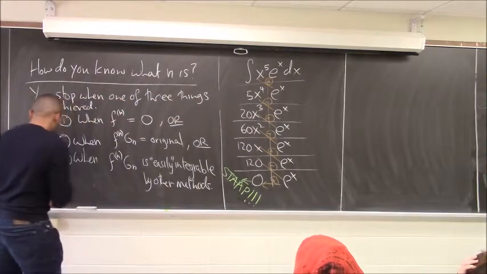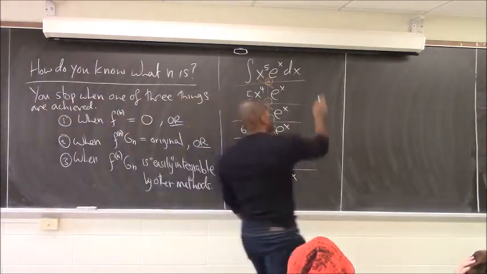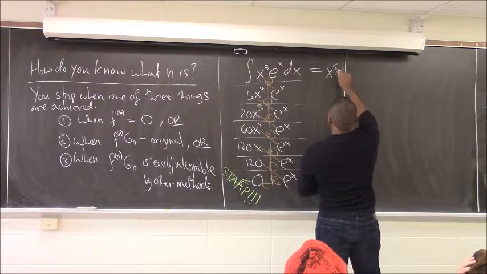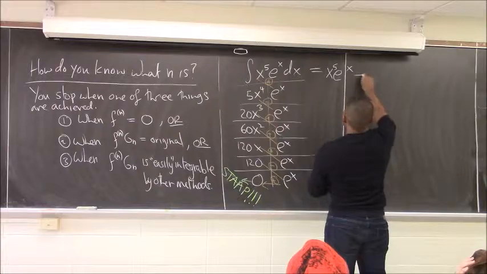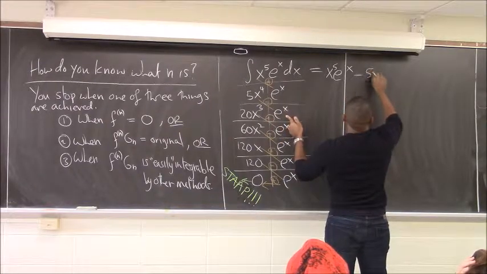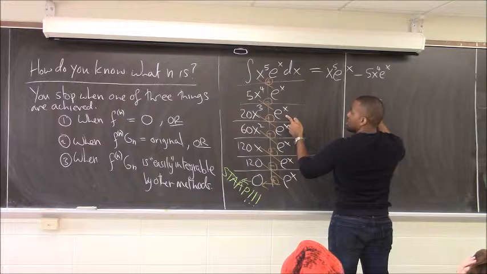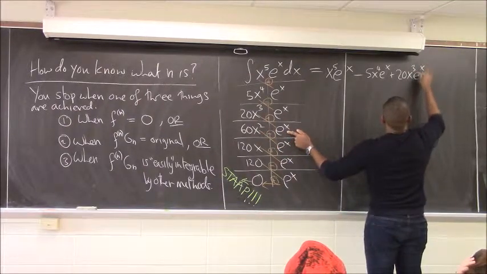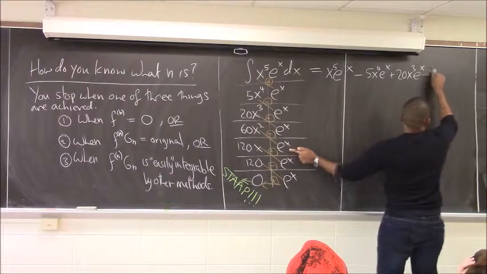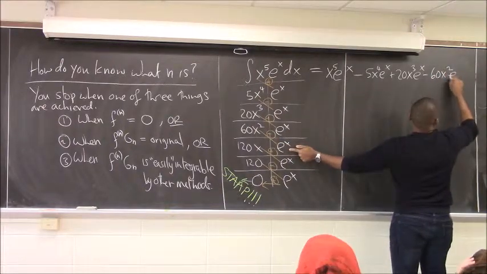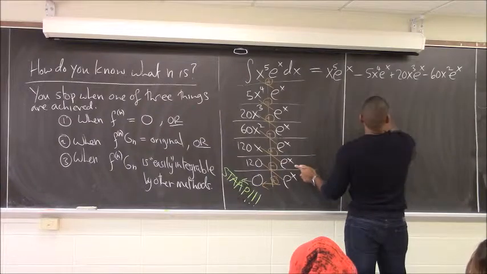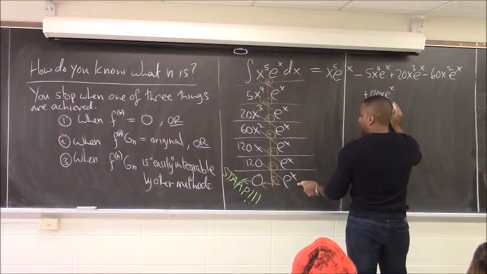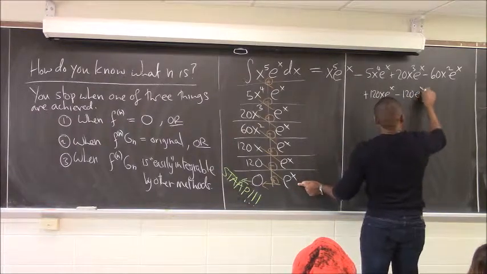So what this ends up looking like is x to the 5th times e to the x, minus 5x to the 4th e to the x, plus 20x cubed e to the x, minus 60x squared e to the x, plus 120x e to the x, minus 120 e to the x,